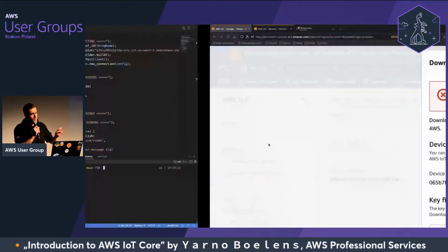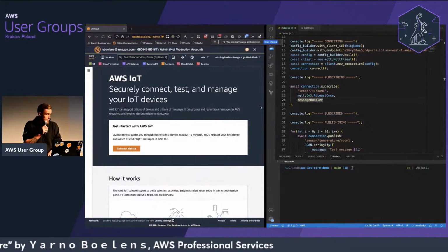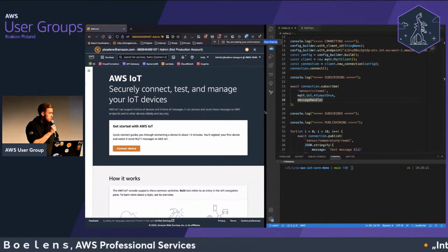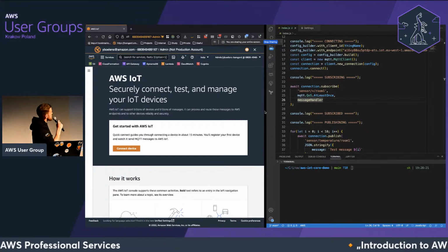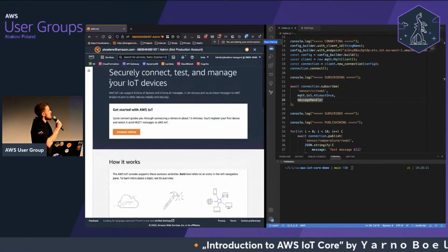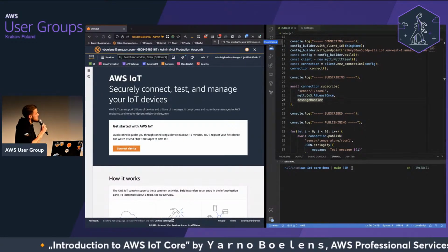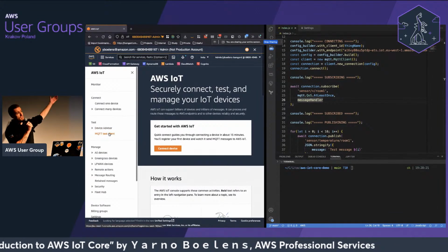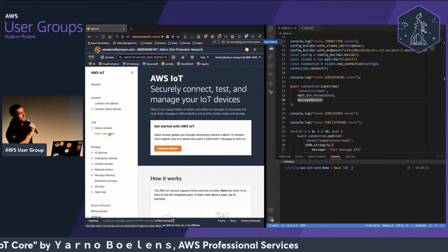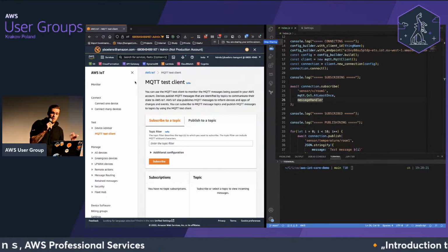Cool. Okay. So here we are. On the right-hand side, we have my implementation of a client using the JavaScript IoT SDK. And on the left-hand side, we once again have the IoT console. I'm just on the homepage of the IoT console because I want to show you a nice little functionality that's here. On the left-hand side in the navigation bar, there's a test section, and they have an MQTT test client,